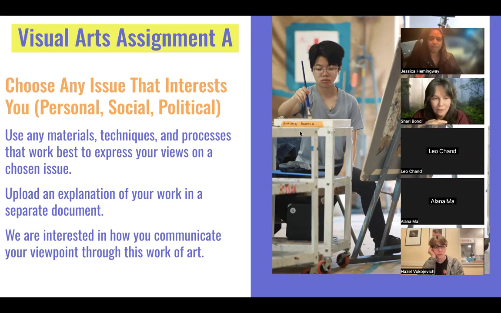Anything to add, Sherry? Yeah, I'd say this one's probably about you looking out at the world, thinking of those sort of topics that interest you, that speak to your place or your environment, the world in general. I love that. Looking out. Yeah, looking out. Wonderful. All right, that's assignment A.